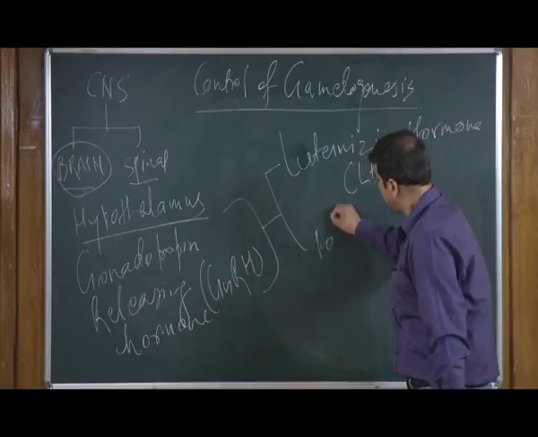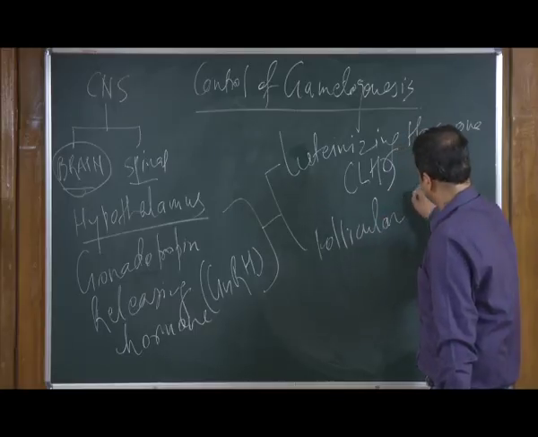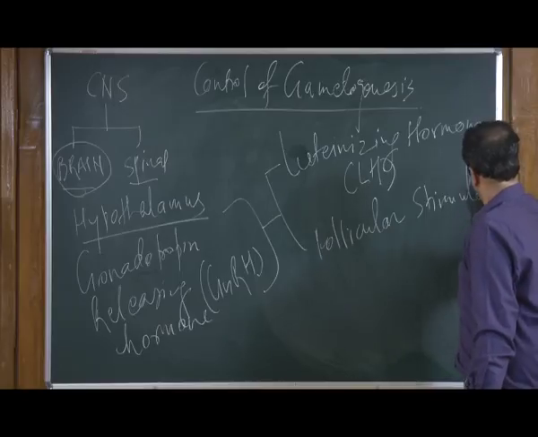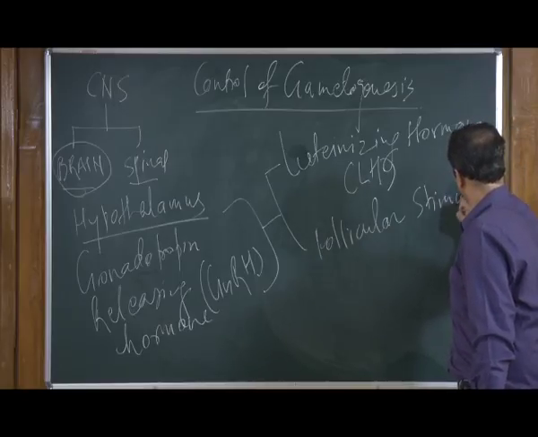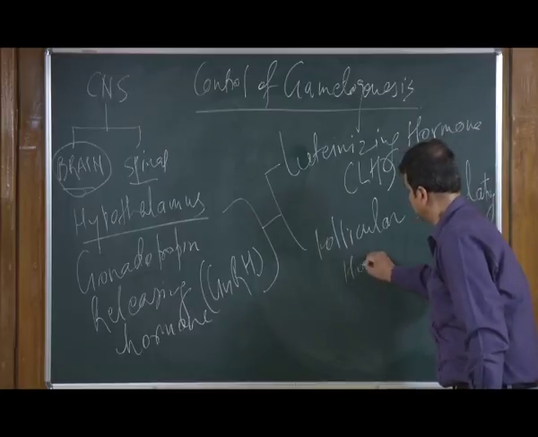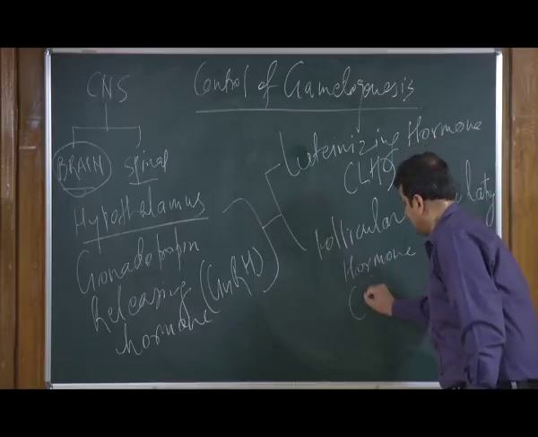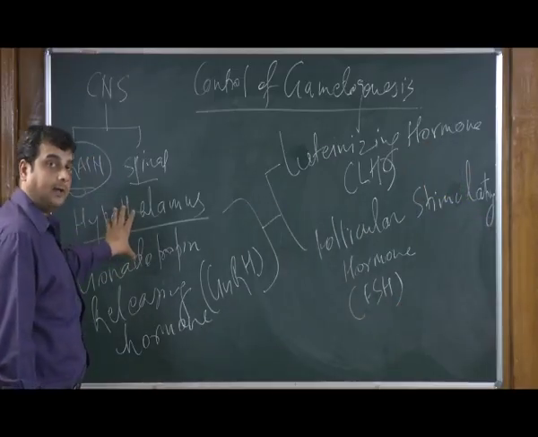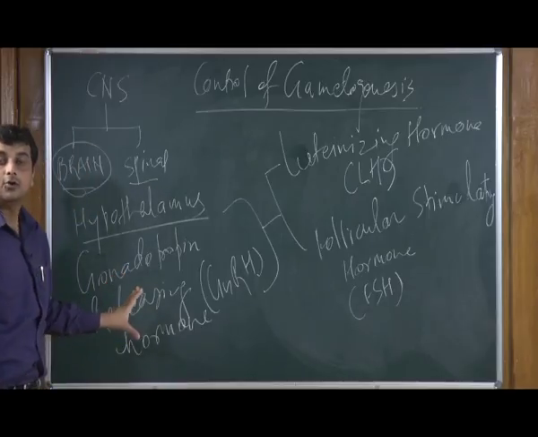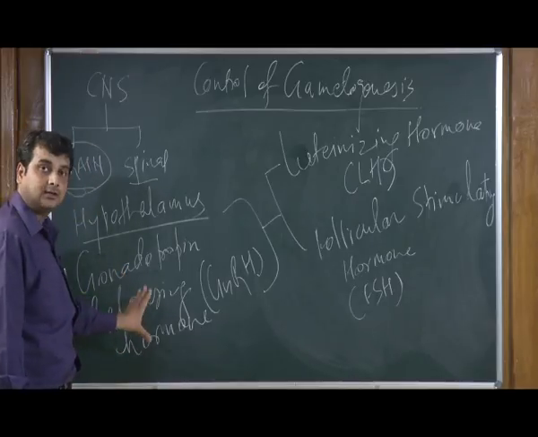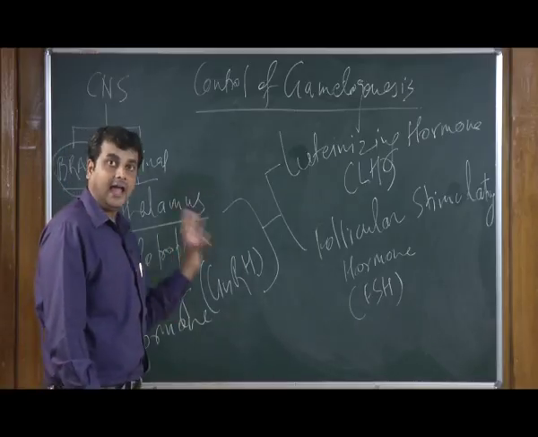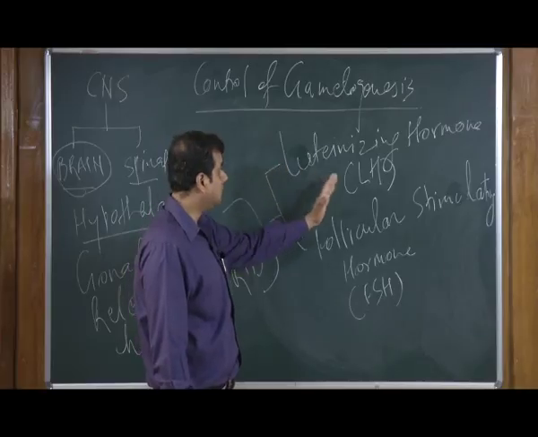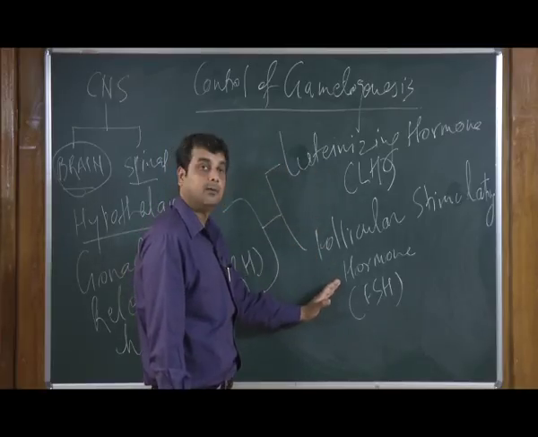And second is follicle stimulating hormone, in short FSH. So, the brain area called the hypothalamus will secrete a hormone called gonadotropin releasing hormone, GnRH. This will activate the pituitary to secrete two hormones, luteinizing hormone, called LH, and follicle stimulating hormone called